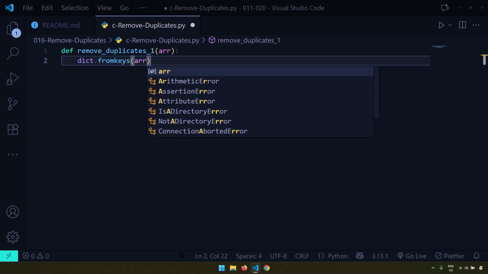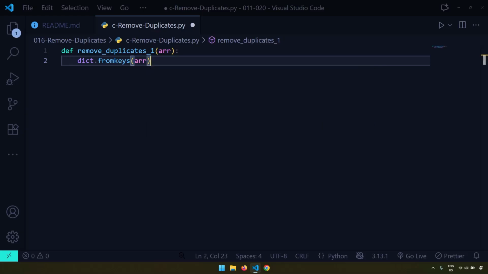Now, what this gives us again is array items as dictionary keys. Why am I doing this? The reason is because this specific method, when it creates dictionary keys, gets rid of all the duplicate dictionary keys. So for our strings array where we have 3 A's, it's just going to create 1 key for all 3 of them because 1 is unique. The other 2 are just duplicates. So it gets rid of all the duplicates